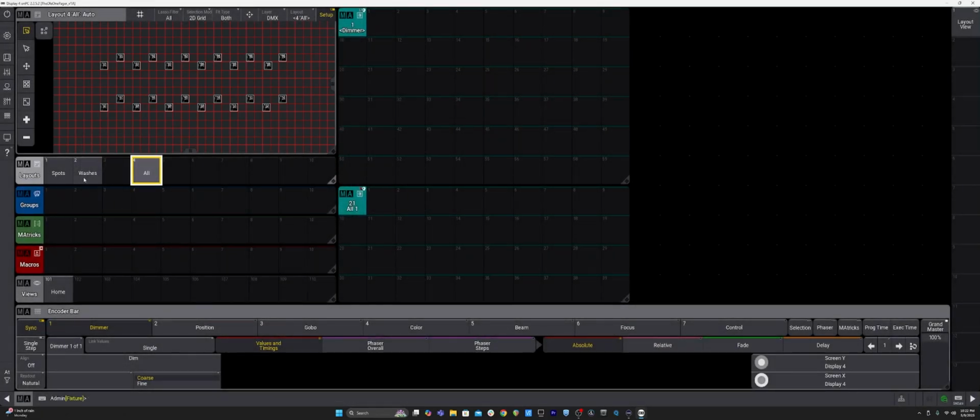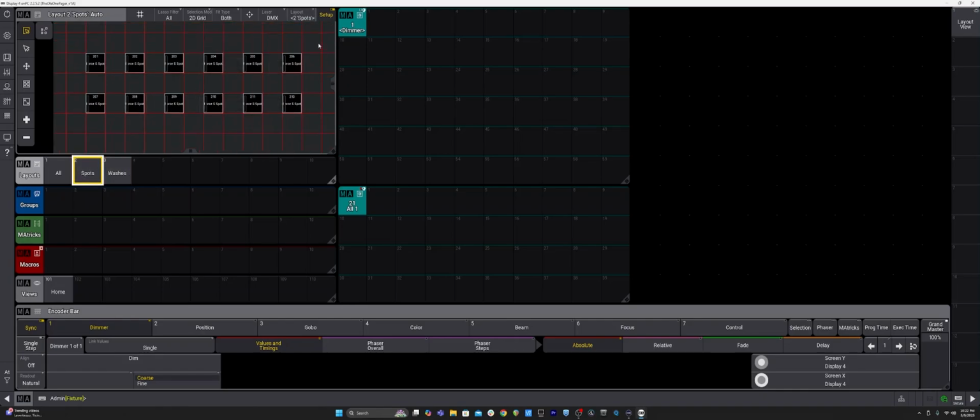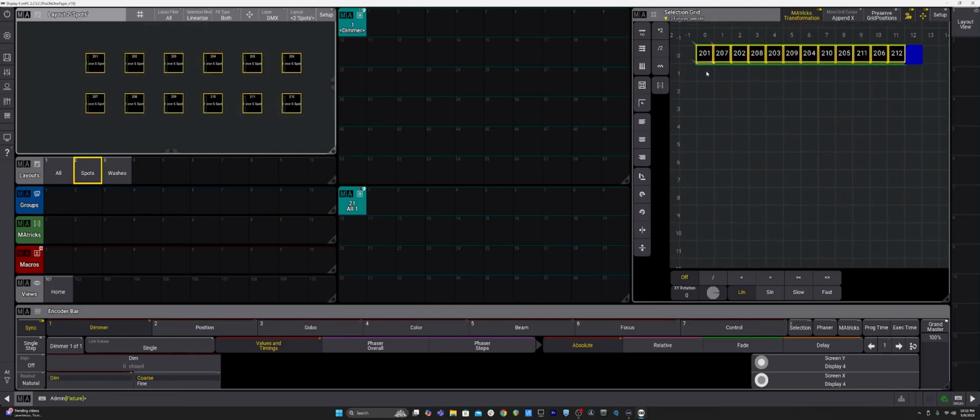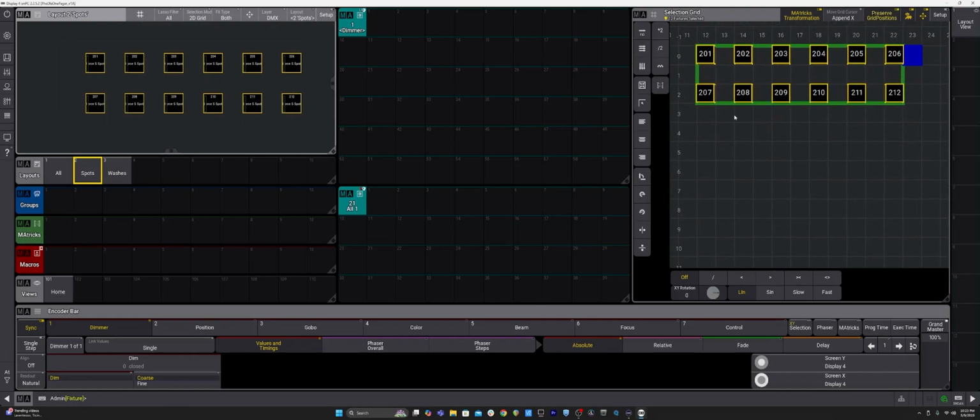And something you could do also is move my all to the beginning, and then I have my spots and washes. So when we open up our selection grid, which I'm just going to open up over here, you'll see linearize, and I select, you'll see there just 201, 207. So it's going to basically do here, here, here, here, all the way down. Now you can also do 206 and then 207, and you're going to see it lines that up. Or what we might want to do is do a 2D grid. When we select, we can see over here it gives us